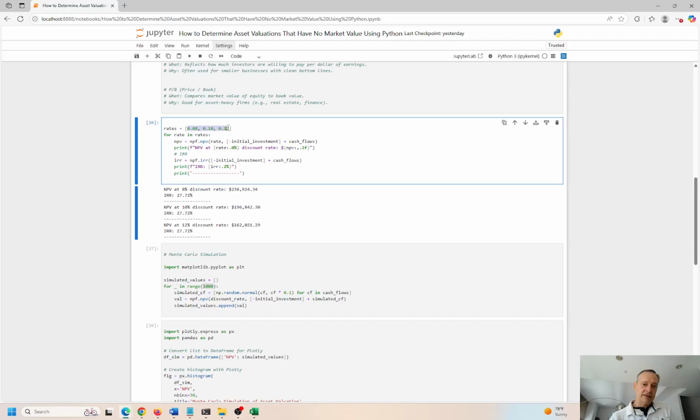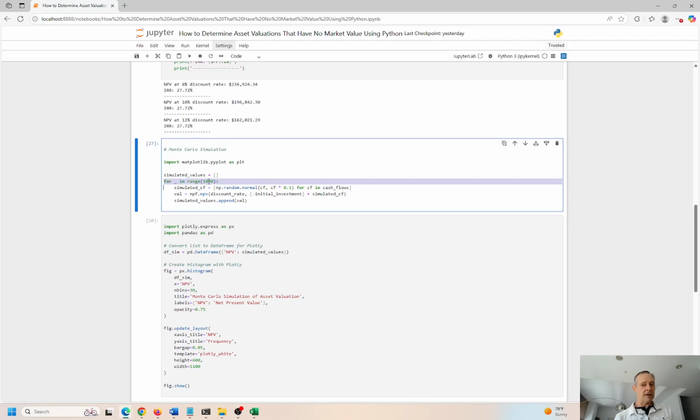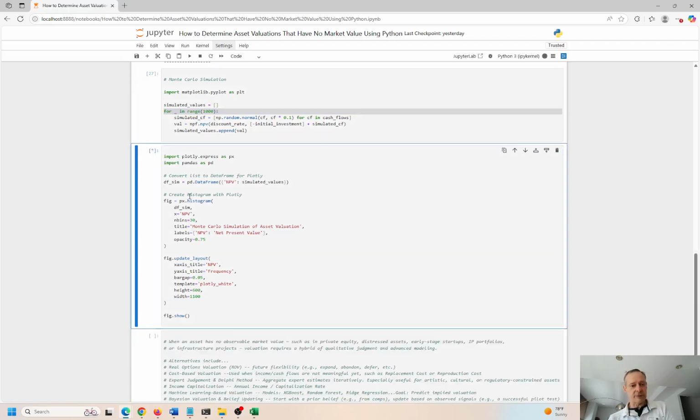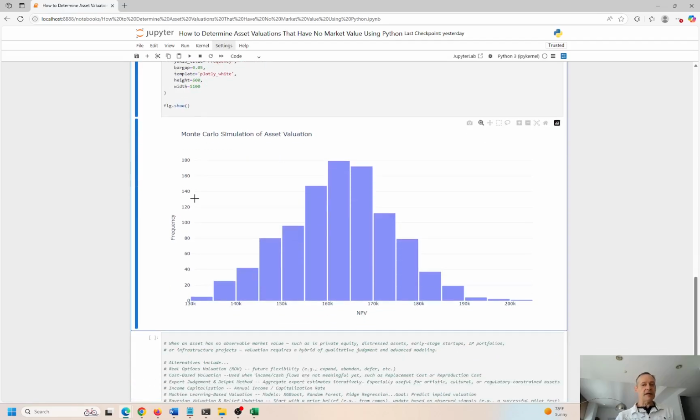So this is 8, 10, and 12. Here we do 1,000 different scenarios. So the computer runs the analysis pretty quick and pretty fast, so we hardly even notice it. Then we can plot the results below. So now instead of looking at just 3 scenarios, we see 1,000 different potential scenarios with a whole bunch of different interest rates. The frequency of those counts of the outcome, and then the associated NPV.